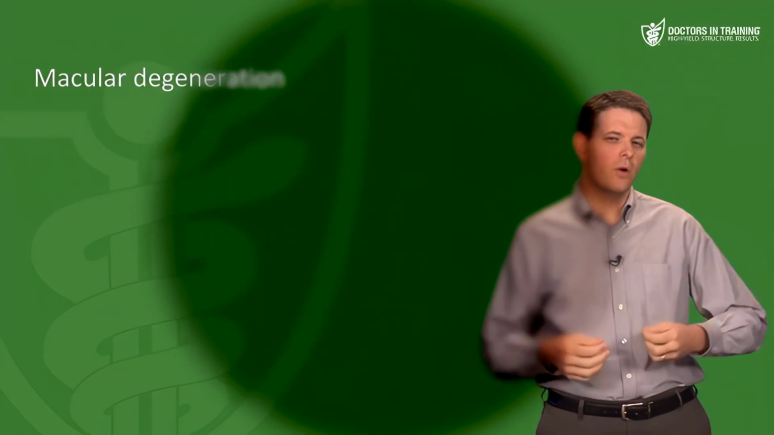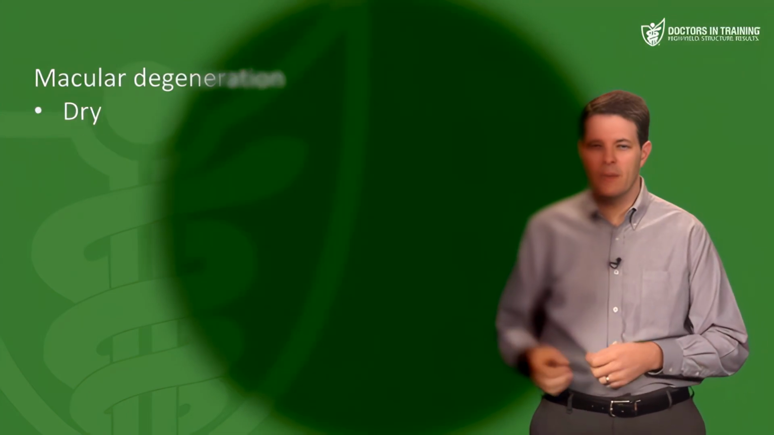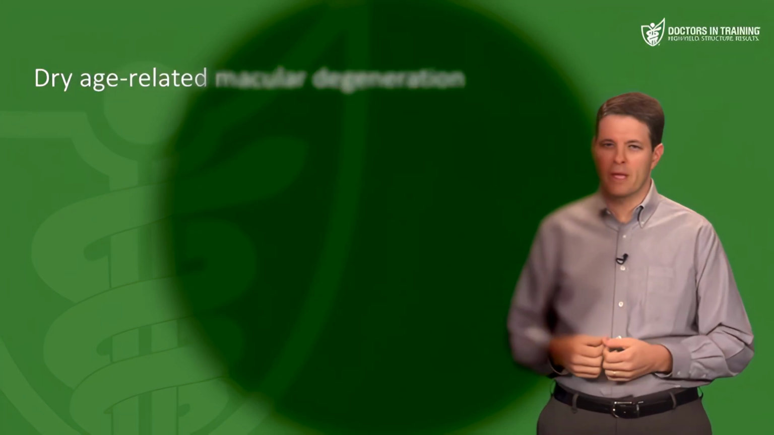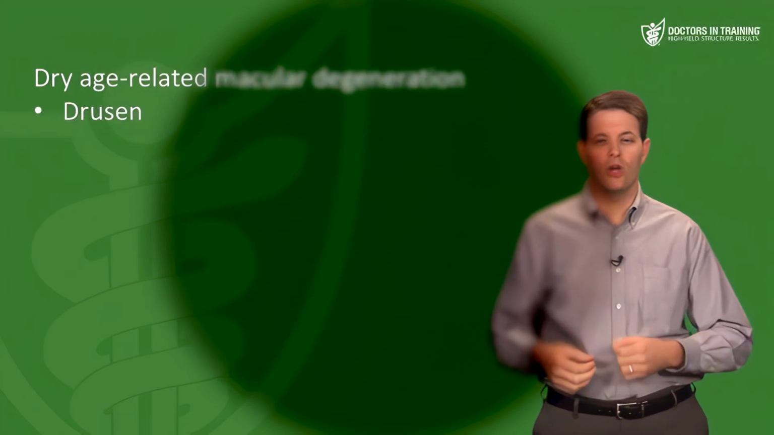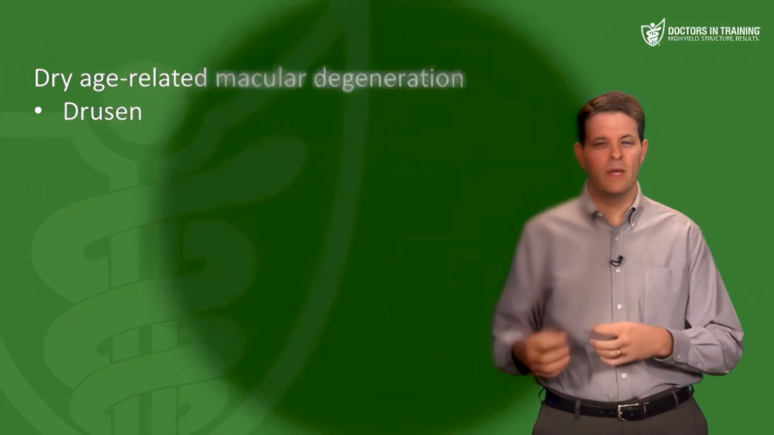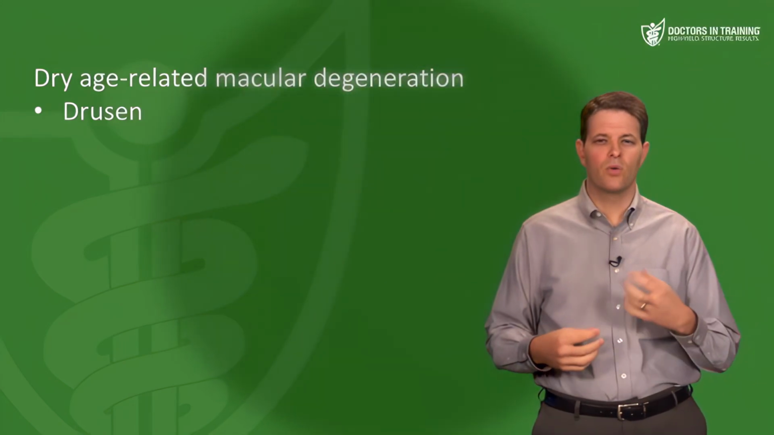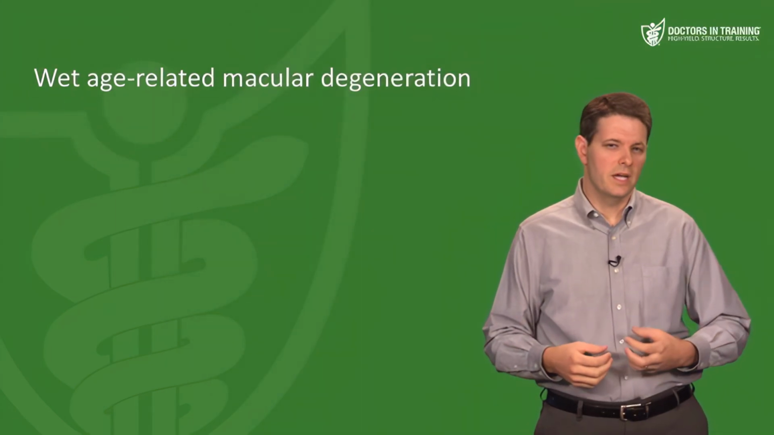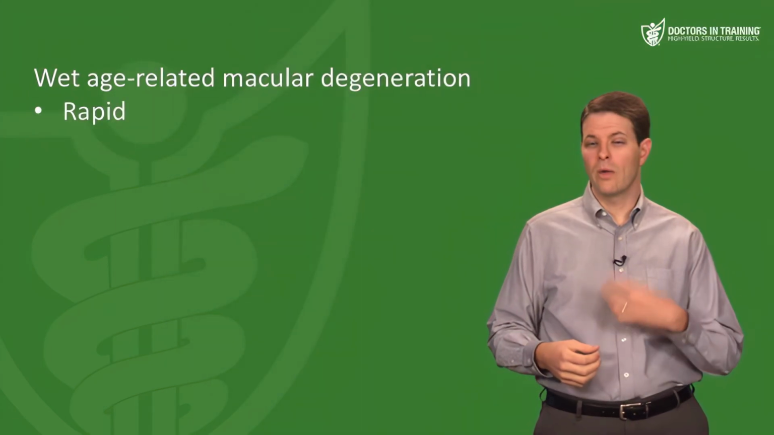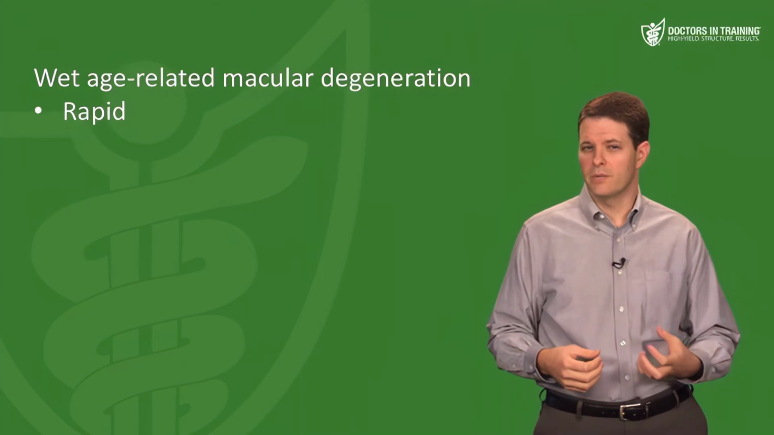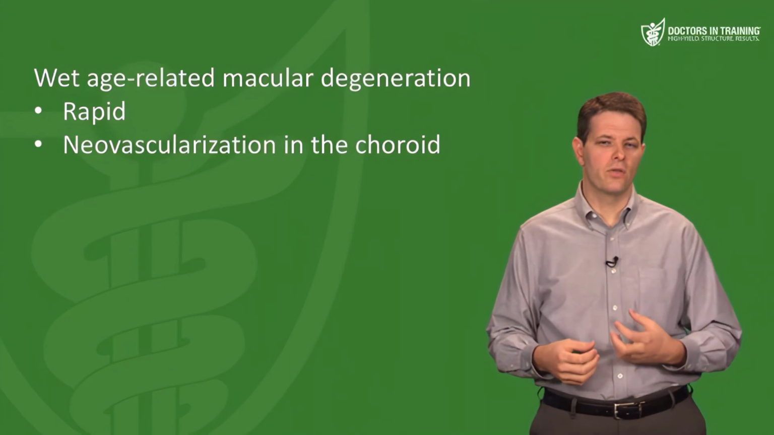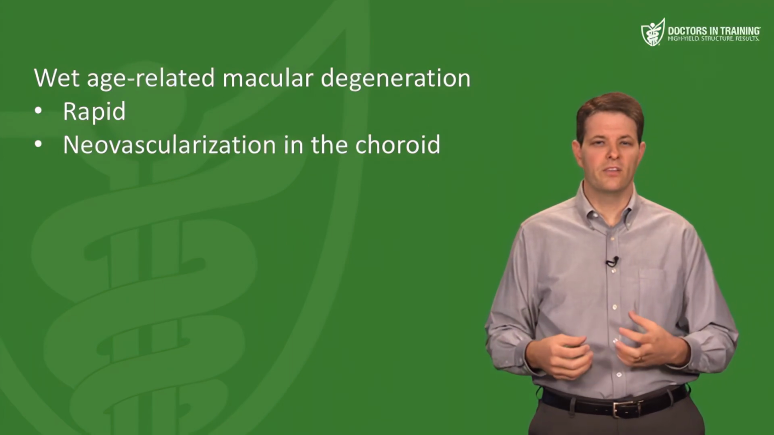There are two different forms, dry macular degeneration and wet macular degeneration. In the dry or atrophic form of macular degeneration, cellular debris called drusen accumulates between the retina and the choroid. And this causes a gradual, insidious loss of vision. The second type is wet age-related macular degeneration, which has a more rapid onset and a more rapid progression. This is caused by neovascularization or abnormal blood vessel growth in the choroid, and these fragile new vessels bleed and